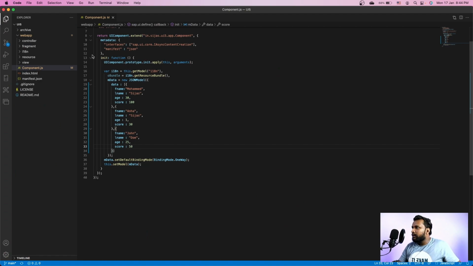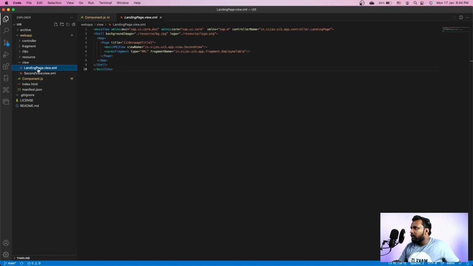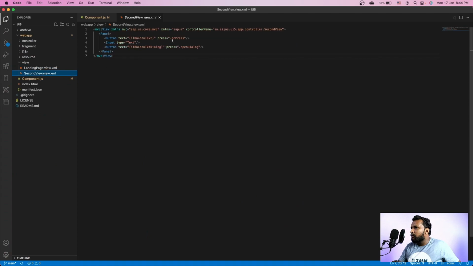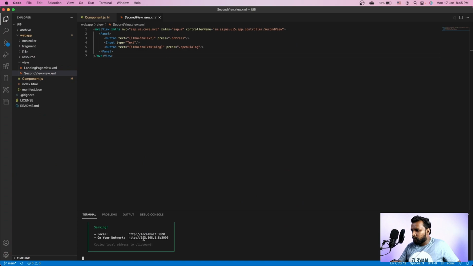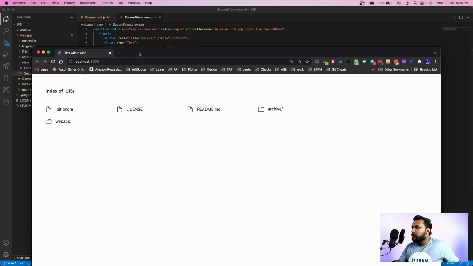So with this information, let's go and change our view. We have a landing page which has a table, and we have a second view which has some data. So let's run our static page. Let me serve this module, and open a new instance of the browser.